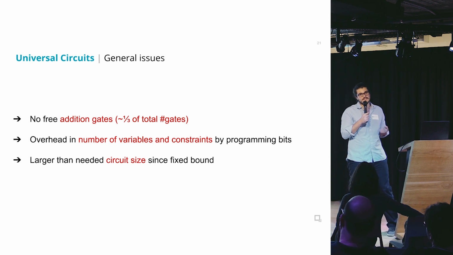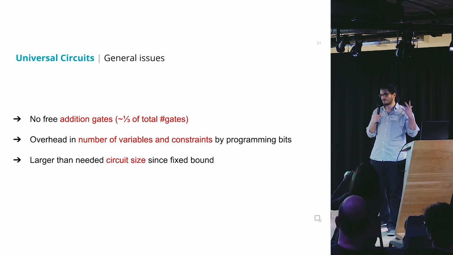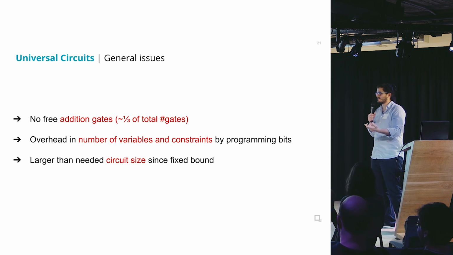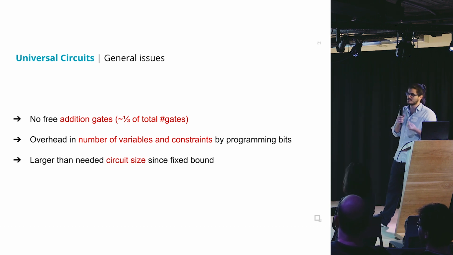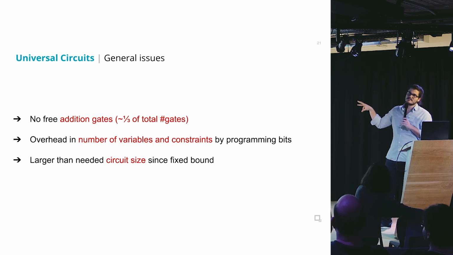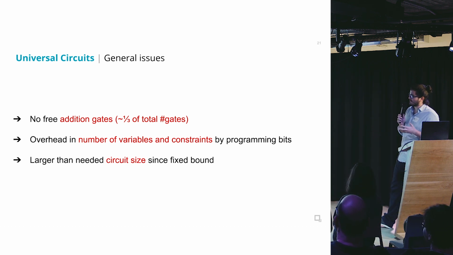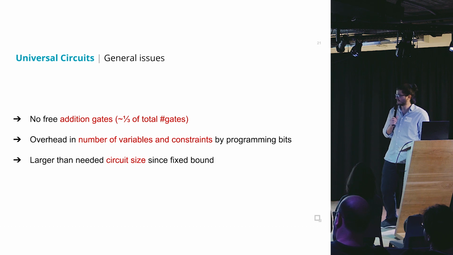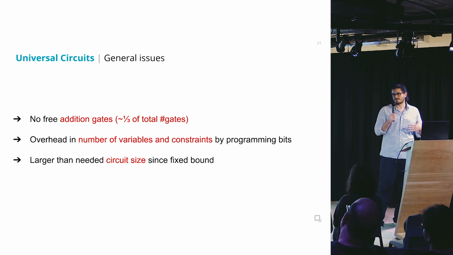actually don't have addition gates for free, right? So before we saw that we use this bilinear constraint system, whatever that means, that allows us to use linear combinations as inputs of data, right? And not only actual elements of groups and things like this, but actual linear combinations. And this means that the addition is free. But now we do not have that, because we need to specify what is the computation or the actual function inside of the universal gate. And in some of the use cases that we've implemented, we have actually about 1/3 of the total gates that are addition gates. Next, we have that there is a large overhead, as we saw, of about n log n